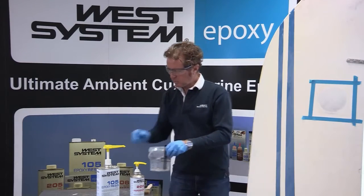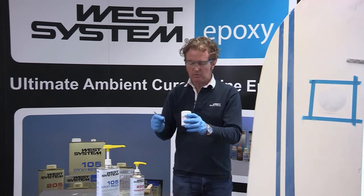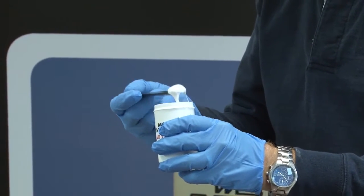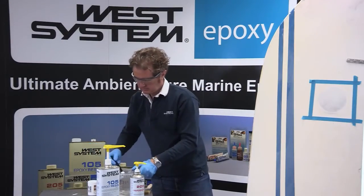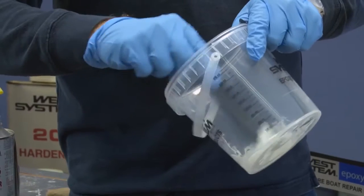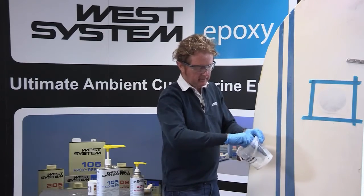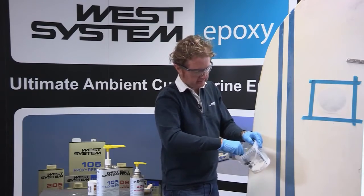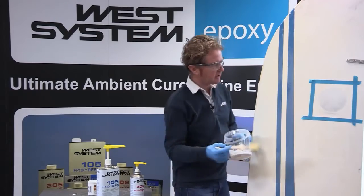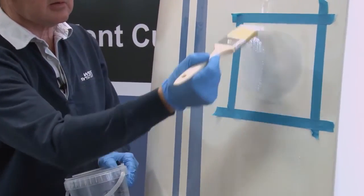I'm going to add a small amount of white pigment. We recommend 5% or less. I'm going to get a small blob on the end of my mixing stick. I'm going to blend that in with my mixed epoxy, and I've got a nice white pigmented mix here, which I can then brush on the surface of our repair and give a nice white base for the final